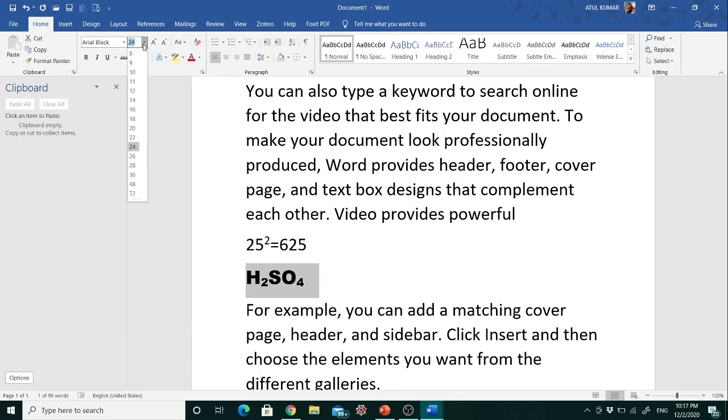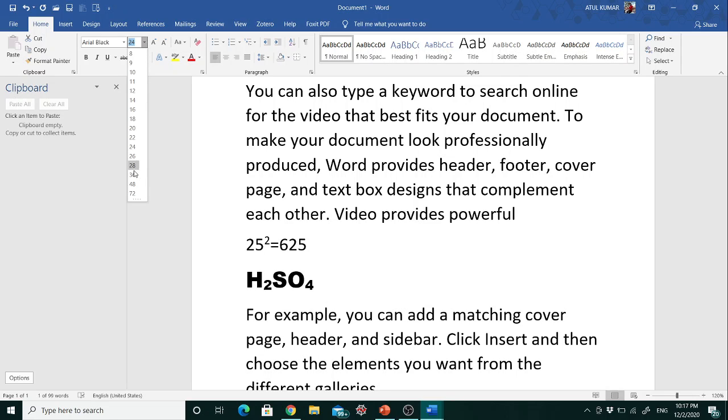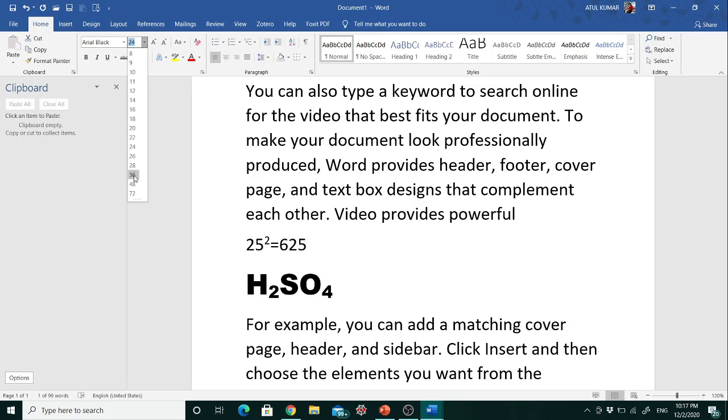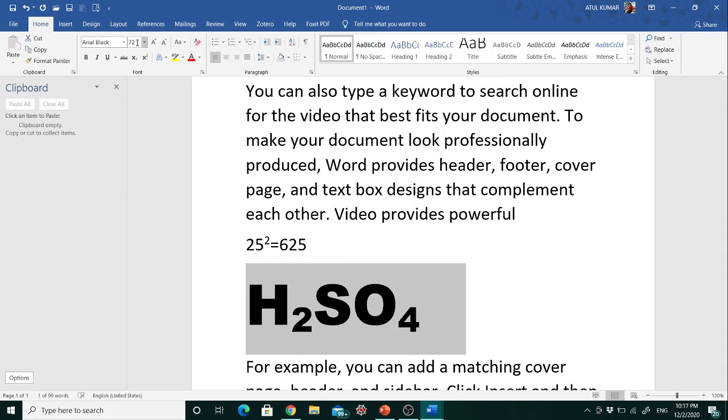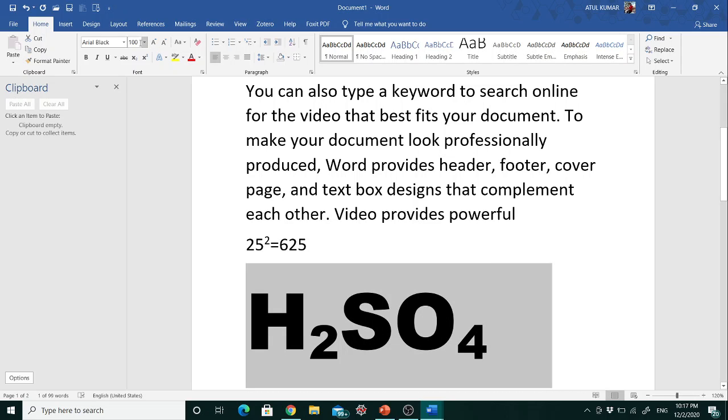You can also increase the size of the font that you have chosen, like I will choose up to 36, and you can use up to 100 here. You can just type here manually to increase the size of your text. So if I write manually here 100, this will be 100 font size.